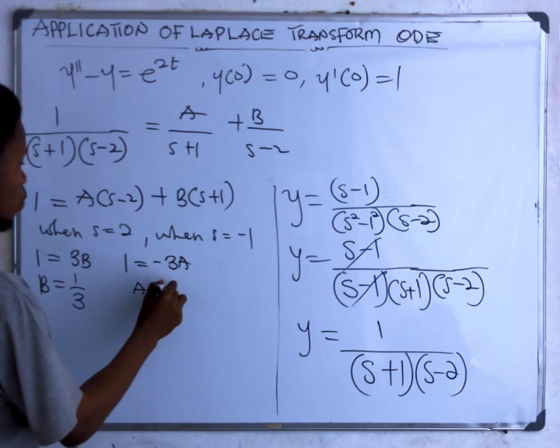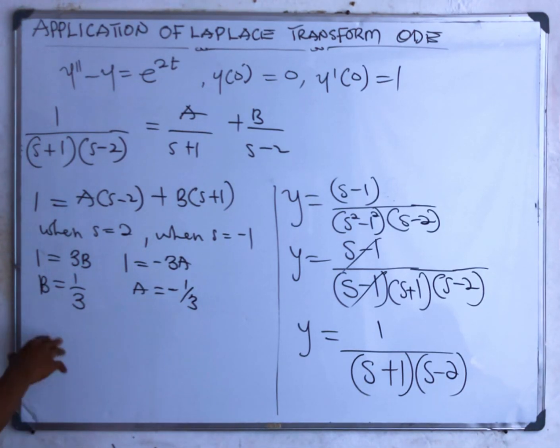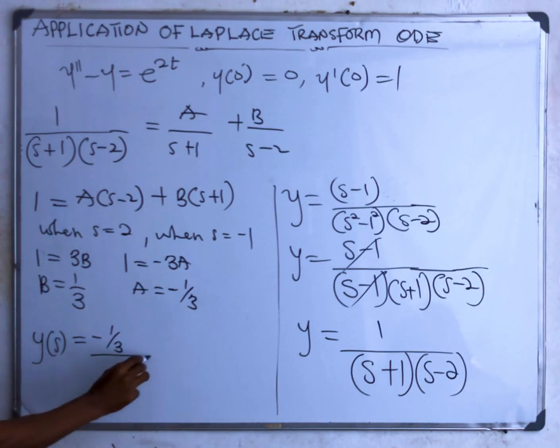Sorry, negative 1 over 3. So this is what we have for a and b. So let's come back and substitute. It means that my y, now in terms of s, equals our a, which is negative 1 over 3, all divided by